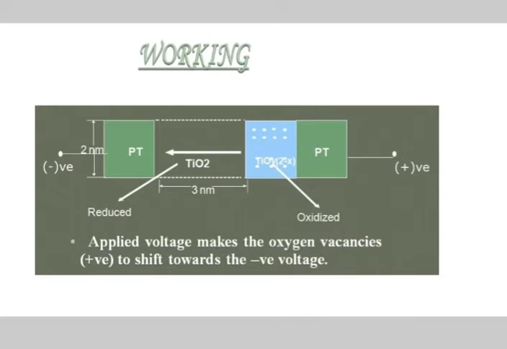Now before going to the working, there are the types of memristor. The memristors are categorized into many types based on the design, and here is an overview of these types. So there are molecular and ionic thin film memristors, and spin and magnetic memristors. So these are two basic types of the memristor. Now first, molecular and ionic thin film memristor.